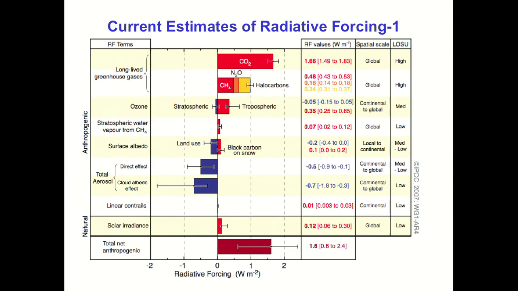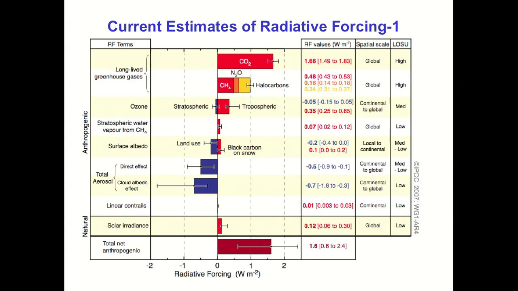Then of course we've got ozone, and we have to be careful here because ozone can be both a radiative forcing positively and negatively. In the troposphere, obviously, it's a warming component, whereas in the stratosphere, it's a cooling component because it absorbs a lot of the incoming radiation. Okay. Then of course we've got stratospheric water vapor. Where does that come from? Mainly from chemical reactions, with the end product being methane, so that produces a small warming in the stratosphere. By and large, that tends to be a cooling region.